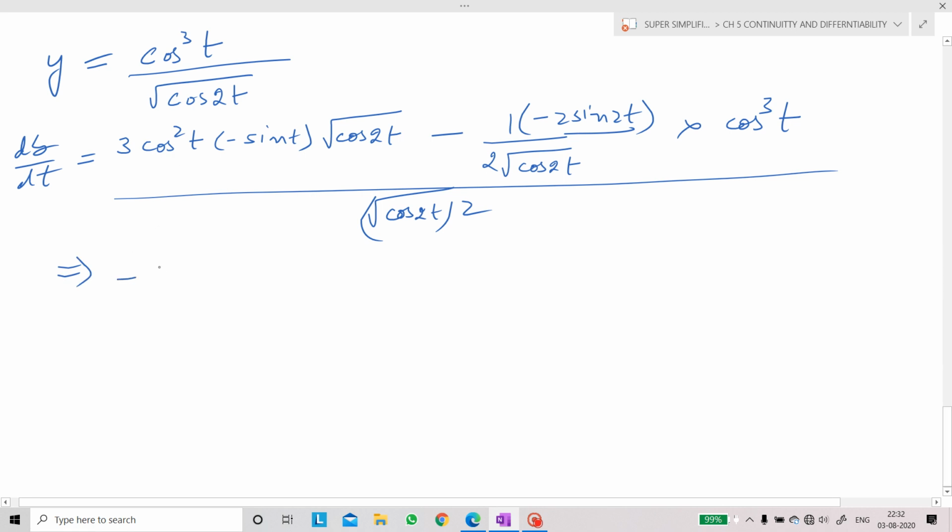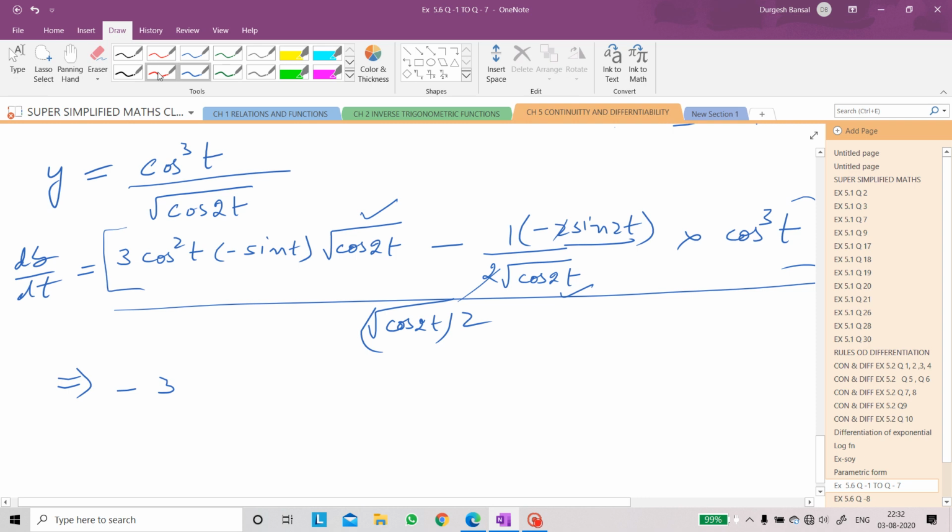Minus 3. Now we can take the LCM of the numerator. You can see this numerator, we can take the LCM. So this root cos 2t and this root cos 2t, they get multiplied, and this 2 and this 2, they are cancelled. I can show you with the help of different color. This 2 and 2, they have been cancelled, and root cos 2t and root cos 2t, we shall take the LCM and they will get multiplied, and so the next step will be minus 3 cos square t